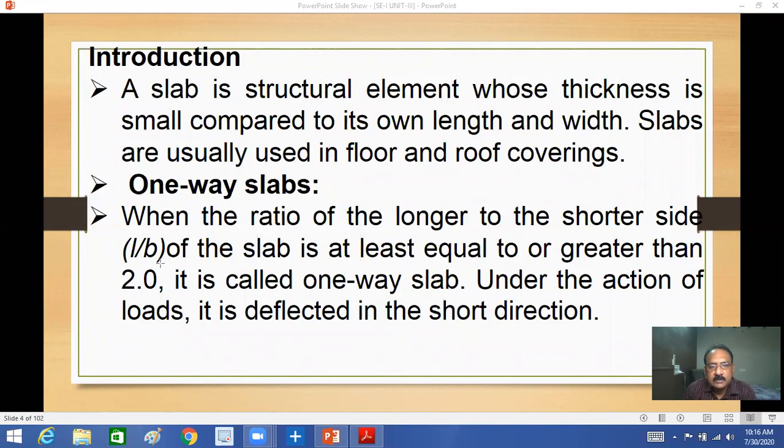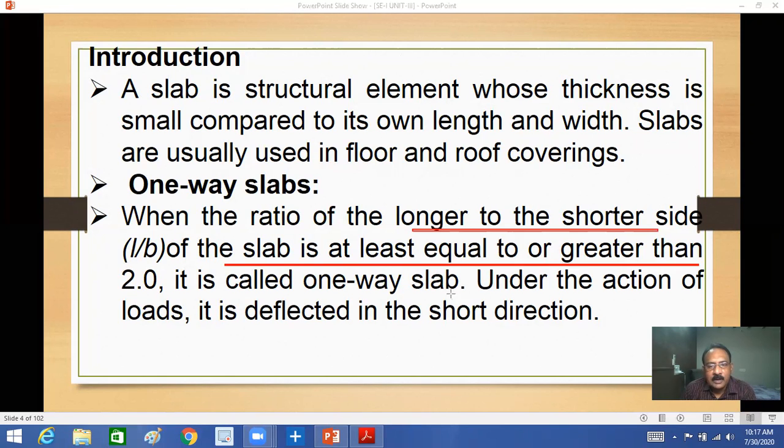Many students are unable to answer this question, because they do not understand the concept. Whenever the ratio of longer side to shorter side is greater than or equal to 2,